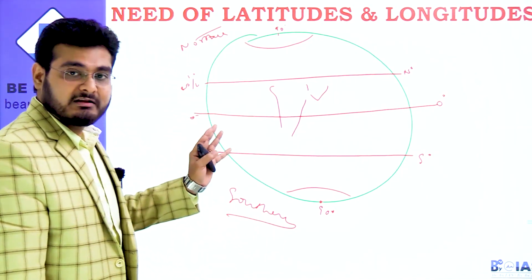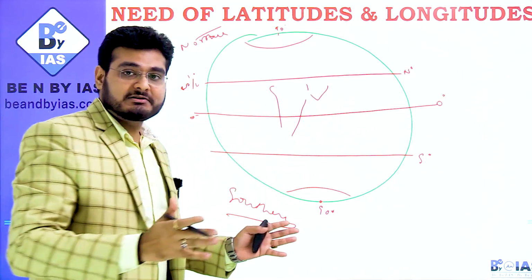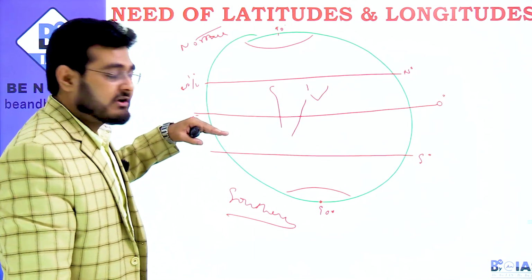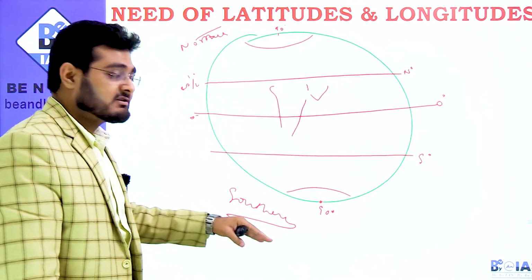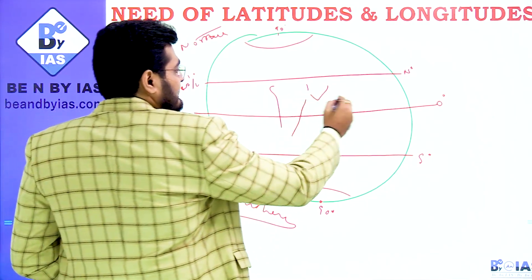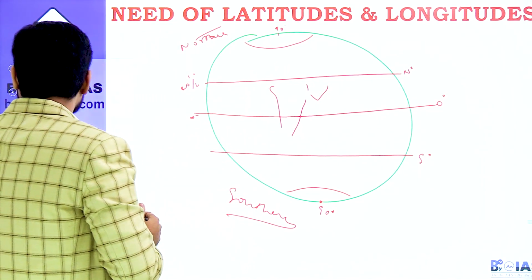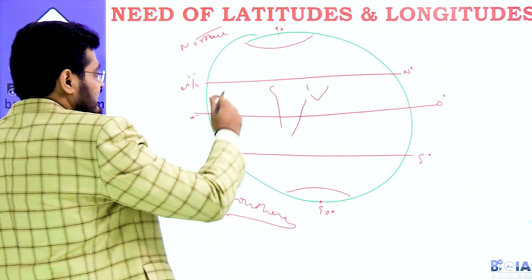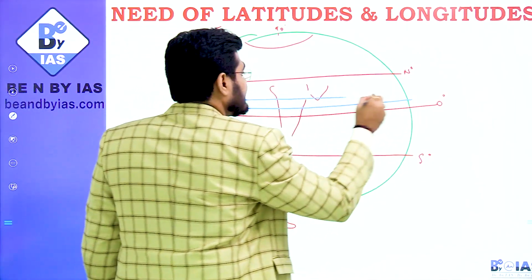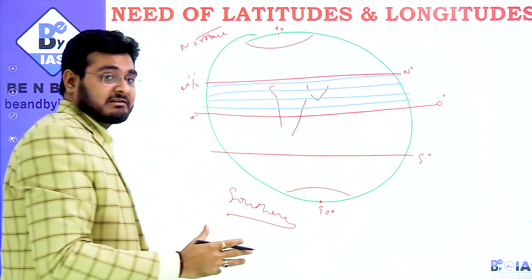So the first very important thing about the latitudes is that 0 degree is the biggest latitude, the largest latitude. That's the equator. And with the reference of the equator, we can find out which is the northern hemisphere and which is the southern hemisphere. This is one aspect. Now, these are all imaginary lines. So this 0 degree and 23 degree we have marked, but before that also, there are several other degrees in between as well.